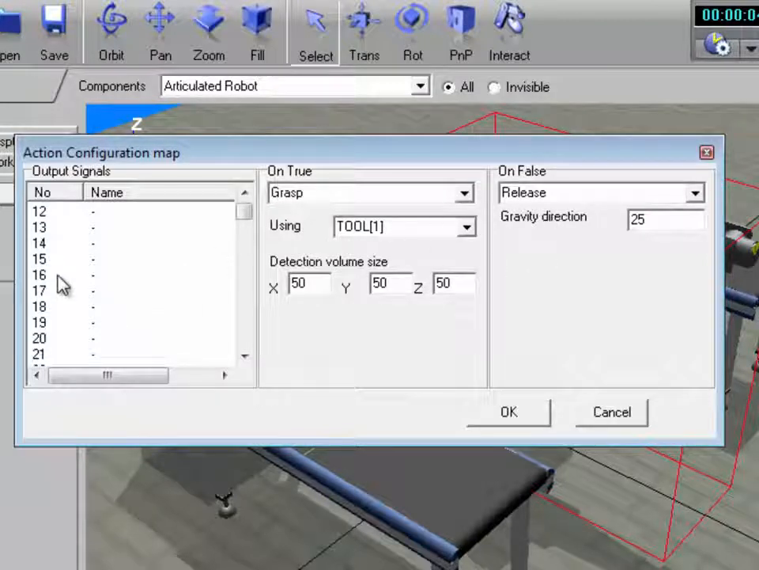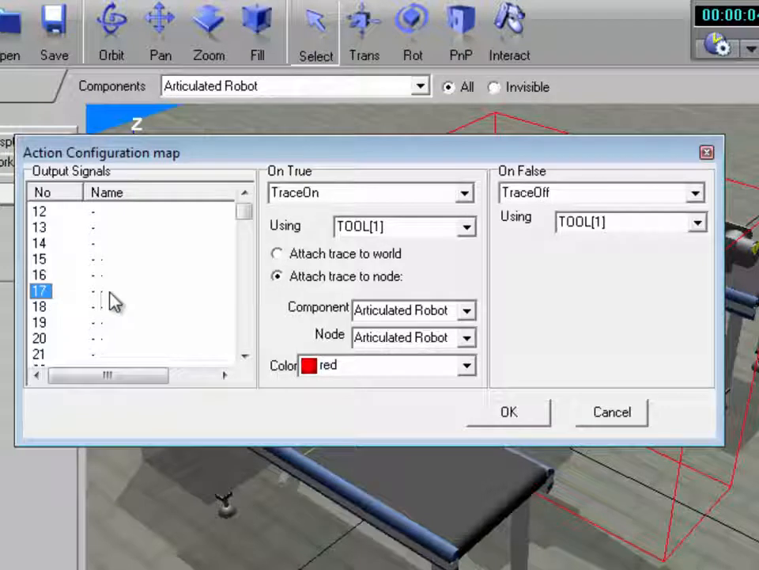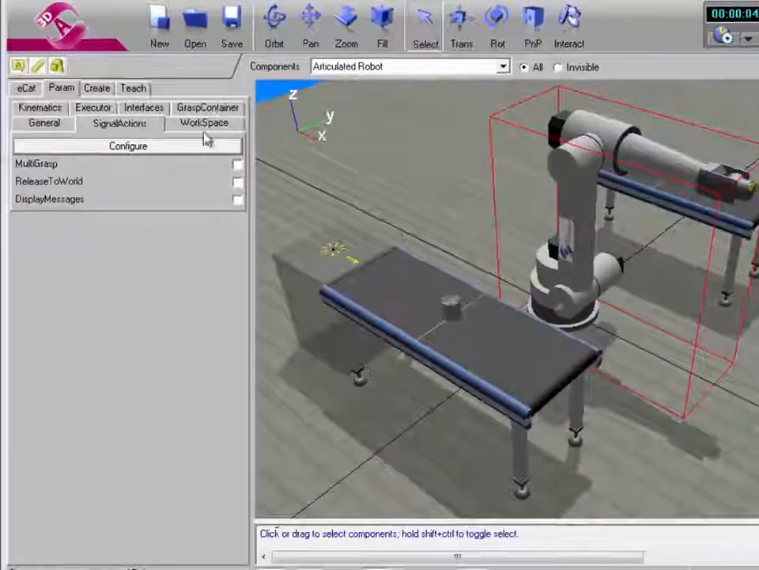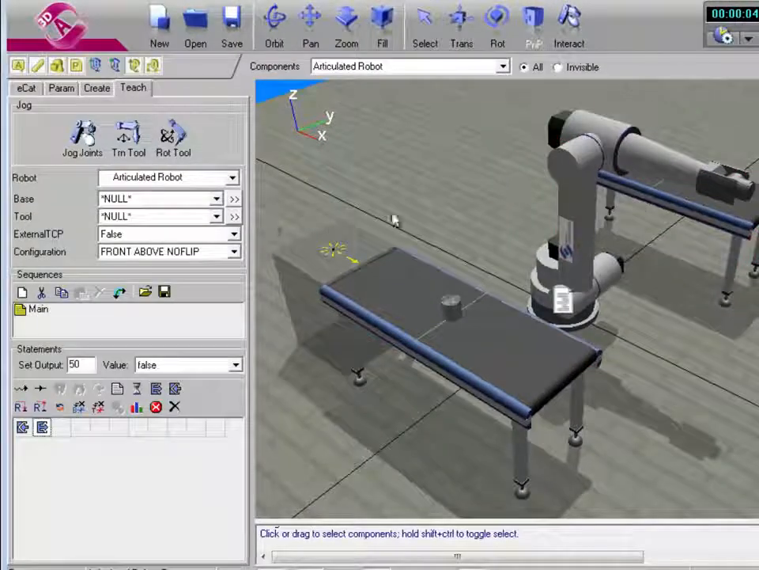Same thing applies to tracing, so signal 17. When it's true, it traces on. When it's false, it traces off. For signal 33, when it's true, it mounts. When it's false, it unmounts. Okay? So what I can do now is I'll go back to the Teach tab, and I'll go ahead and